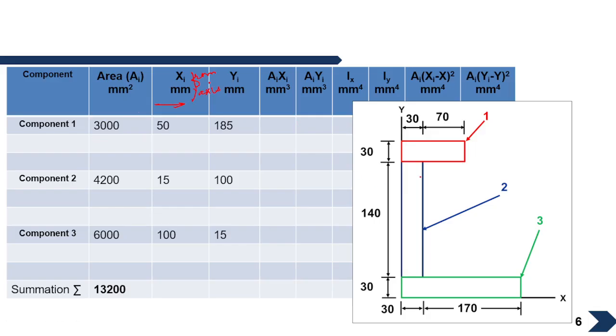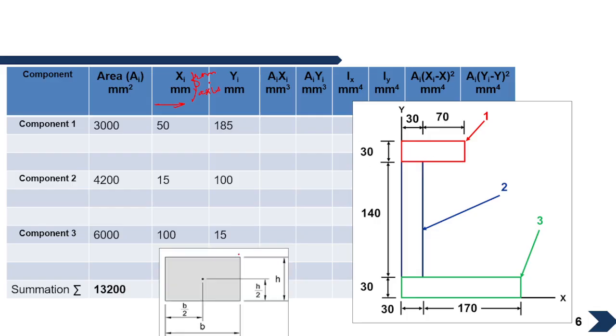So for this section, let us suppose, here you can see that the centroid of a rectangle will be at the middle. So we'll assume that the centroid is exactly at the middle. So to find the centroid of this section